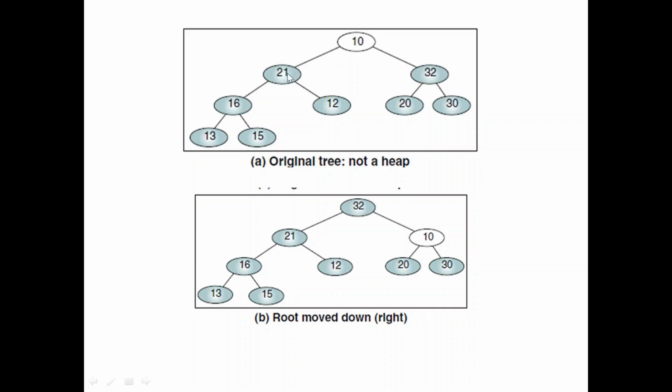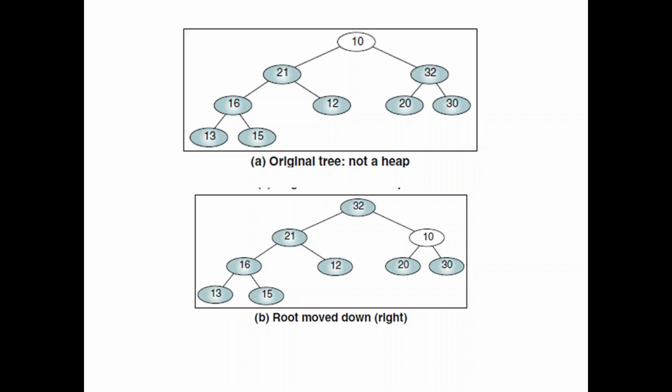But imagine you move the left child into this position, that will lead to one more swap. So it is an unnecessary process. So before we do the swapping of one of the children, we have to first identify which one of the children is actually the largest, whether it's the left child or right child. So we first compare the two children. So left and right are compared, and whichever is larger, that is swapped with the parent. So that is the idea.